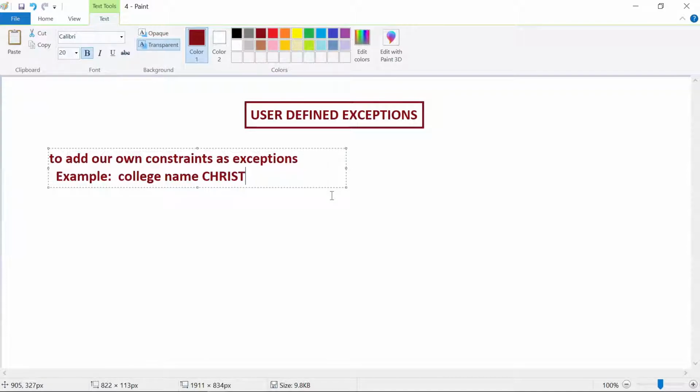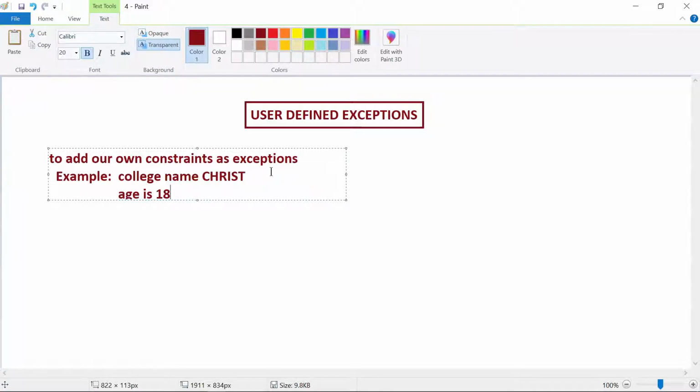Or whoever is filling the form or giving the data, the age should be 18 years only, but if it is below 18 or above 18 it is not possible. Then in such a case, if you want to have such an exception, see these exceptions are not predefined exceptions. We are writing these exceptions like college name should be Christ only, other than Christ whatever you give, it will be raising an exception, isn't it?